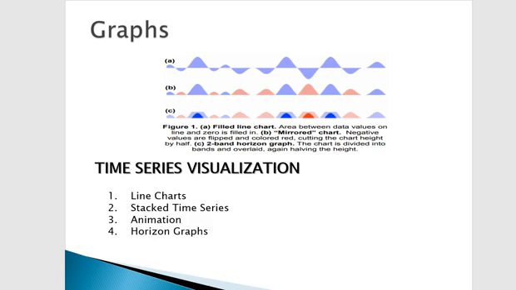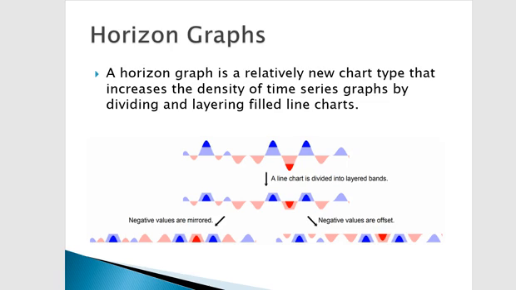The fourth one is horizon graphs. A horizon graph is a relatively new chart type that increases the density of time series graphs by dividing and layering filled line charts. One can construct a horizon graph by first dividing a line chart along the vertical axis into uniformly sized, non-overlapping bands, and the bands are then layered on top of each other, with values being negative, zero, positive or negative. Figure 1 is the